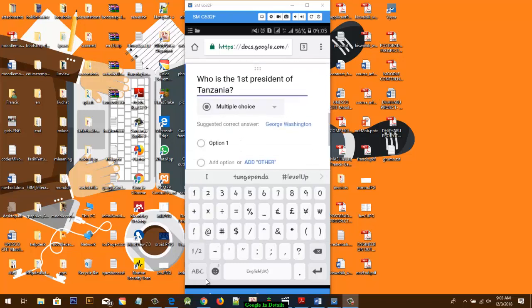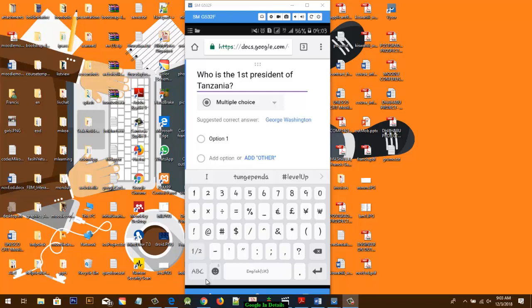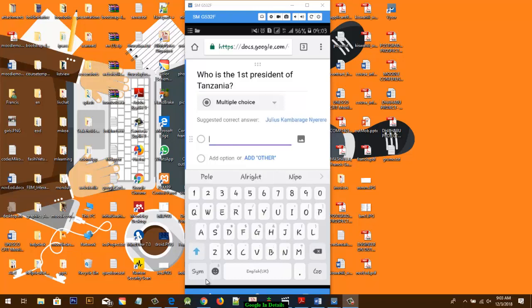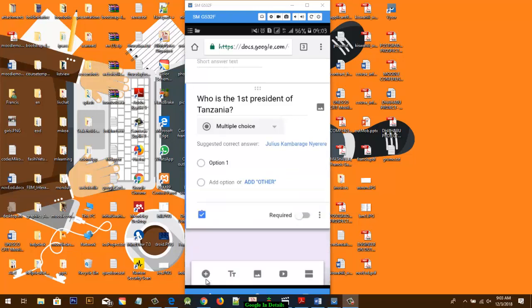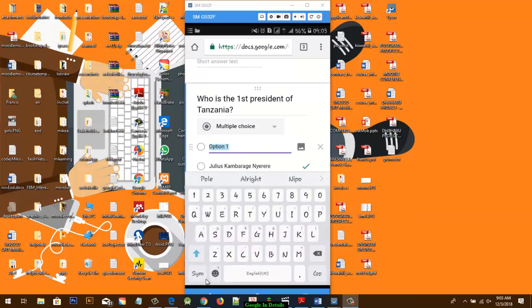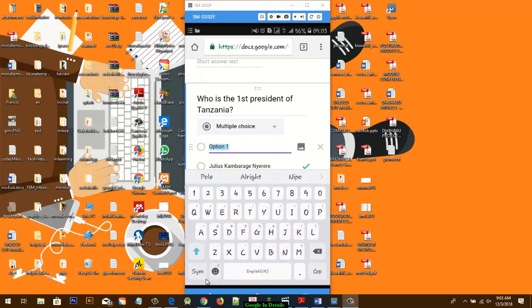And this might be a multiple choice question. The first, it has given me a suggested correct answer. It is Julius Kambarage Nyerere. Okay, then